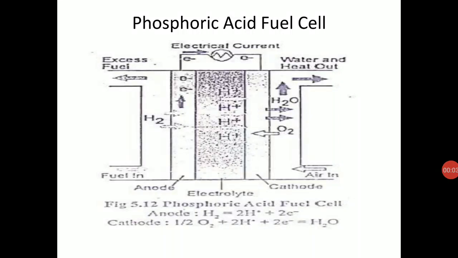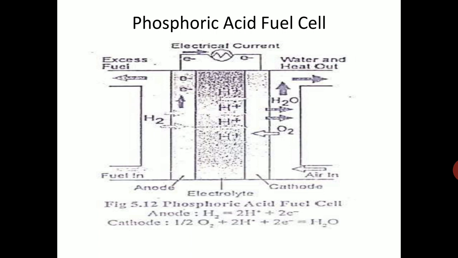Hello students, now we shall look at the very popular fuel cell that is known as phosphoric acid fuel cell, also known as proton exchange membrane fuel cell. You can see here, again, a similar diagram. You have an anode to the left and a cathode to the right, and the fuel is supplied to the anode, and air is supplied to the cathode. At the anode, the generation of electricity takes place, and what is released is only water and heat.